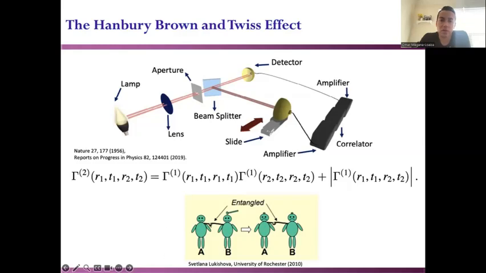And as you probably know, if you have two correlated particles like these two correlated twins, if they are entangled, they will show very strong correlations, such that if you hit one of them, now if they were happy, after you hit one of them, they will both be unhappy because they are strongly correlated. So we have something like that going on here.